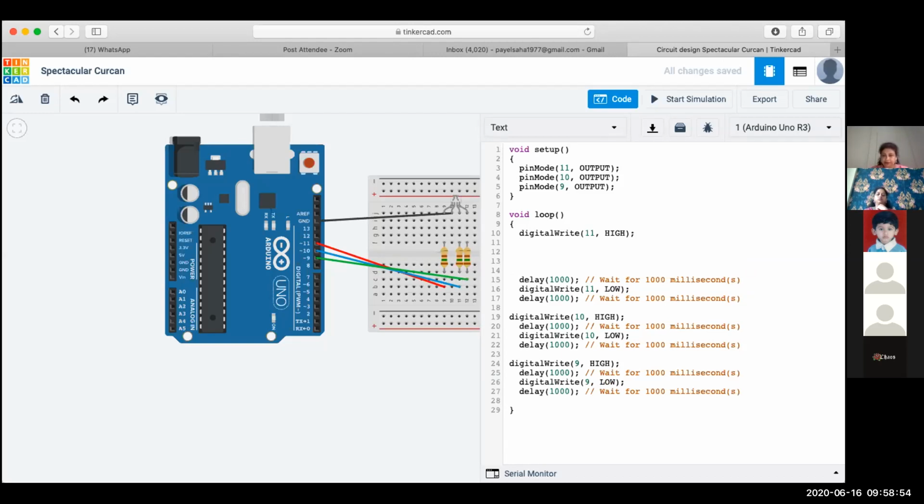For example, I'll show you. I'll just make this a comment. By putting two backslashes, I can make any instruction a comment. So I have given digital write 11 high, and after a delay of 1 second I'm making digital write 10 also high.